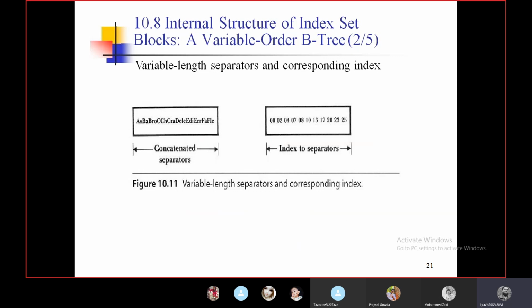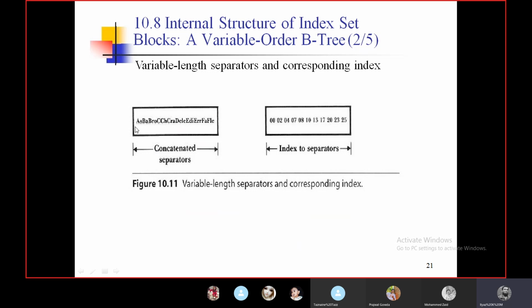Let me go directly to the figure. What is the index set? The part which contains the keys or separators, right? We already saw the B plus tree, so these are the separators. Here the separators must already be sorted, and accordingly a number should be given to each and every separator.